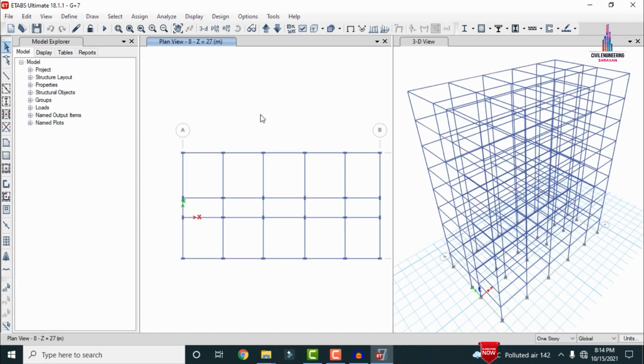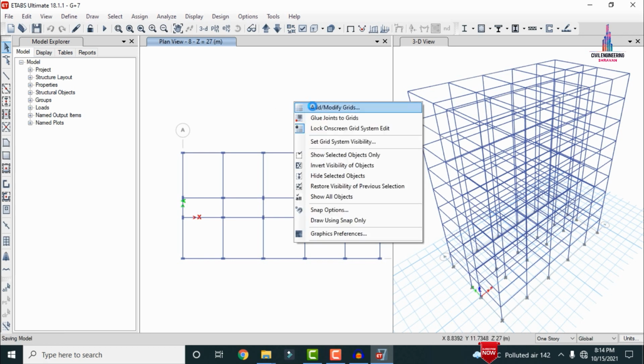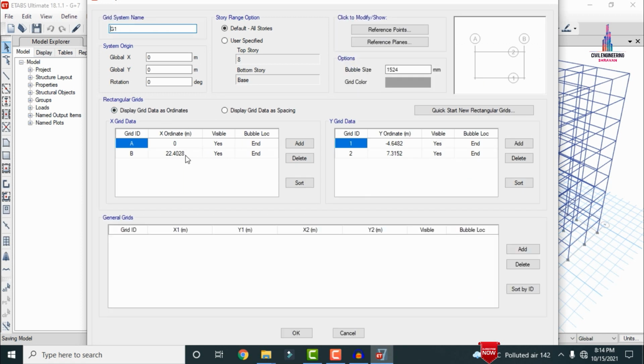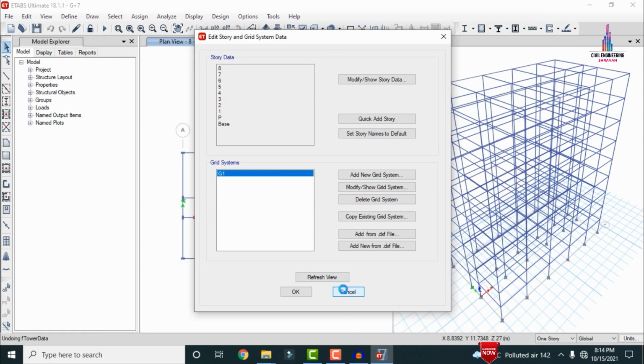So firstly we have to check the dimensions. So right click on it. So click on the add modify grid lines option here, so that the data will be loaded as per your consideration. So click on the modify show grid system option. So it will be consisting of approximately 22.4028 for the respected length. Again it will be consisting of approximately the dimensions of your respected width here. Okay, as per your considerations of the building section, the dimensions are showing here like this. Okay, so you can also click on the display node to node distance, so that the value will be visible to your respected options here like this. Okay, click on the cancel option. So after that again in the same process, just I am selecting the cancel option.